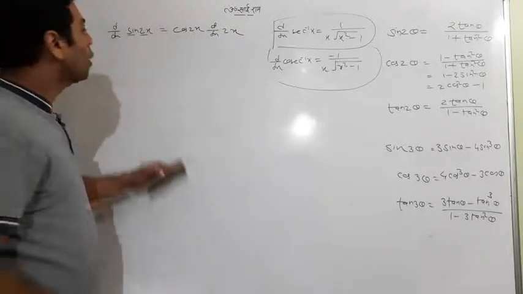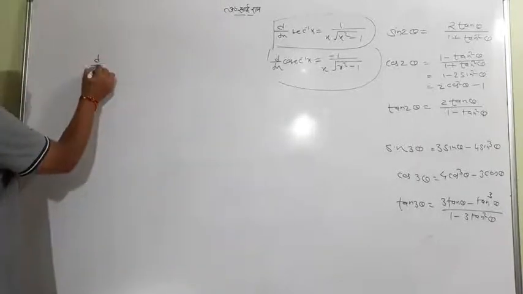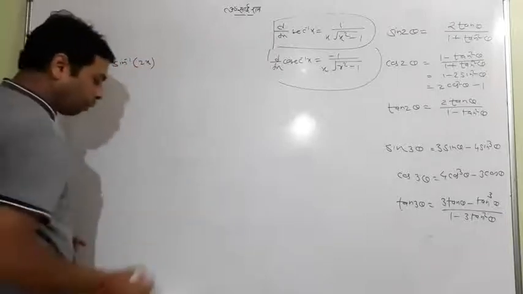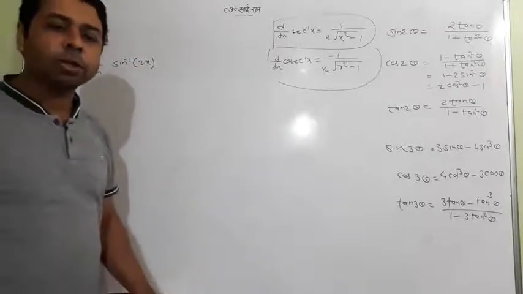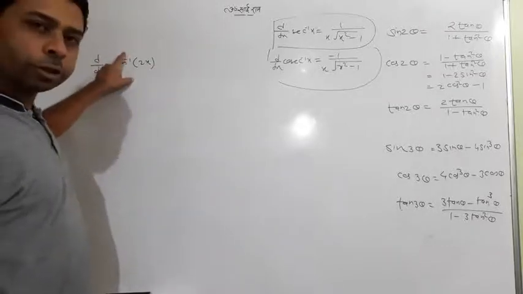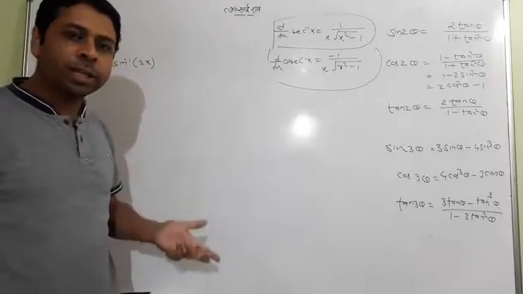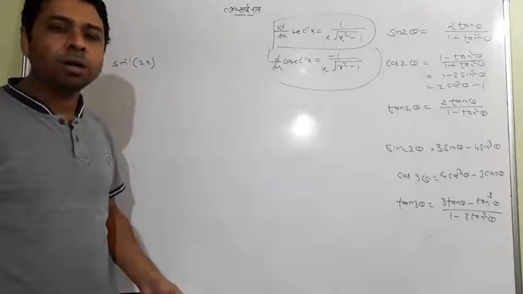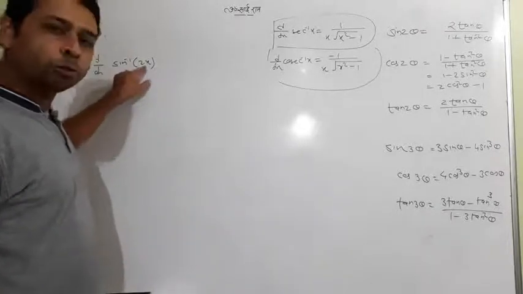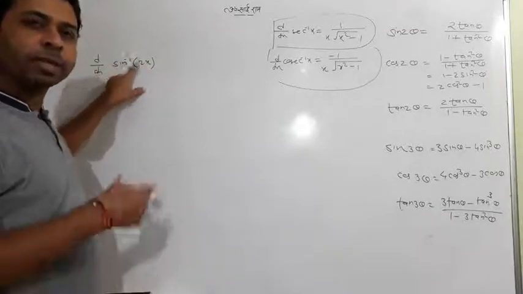You know it all. Instead of sine, if sine inverse comes, like d by dx of sine inverse 2x, you don't worry about it. It is again counted as a function of a function. Because you have knowledge of sine inverse, but it is not x, it is 2x, and whenever there is a change in x, it is definitely called a composite function or function of a function. So it is sine inverse and then 2x. So you have to go first for sine inverse and then second 2x.